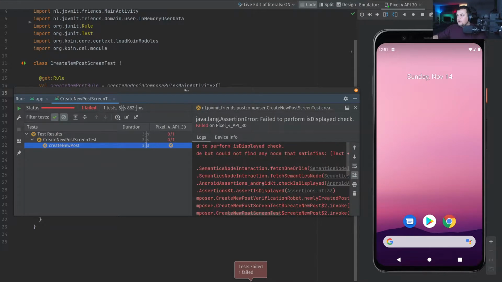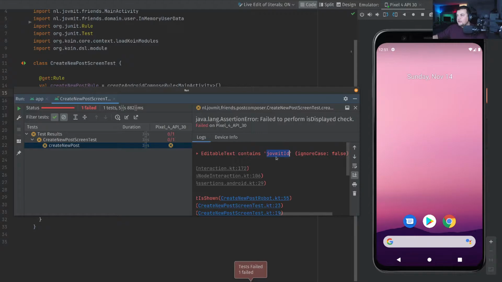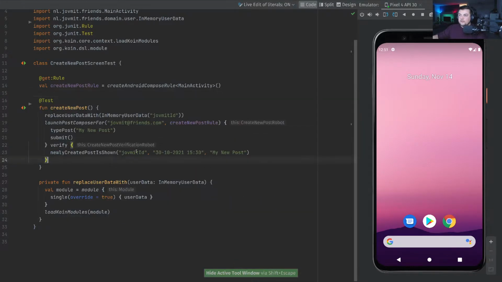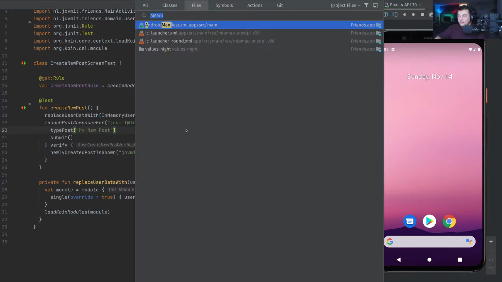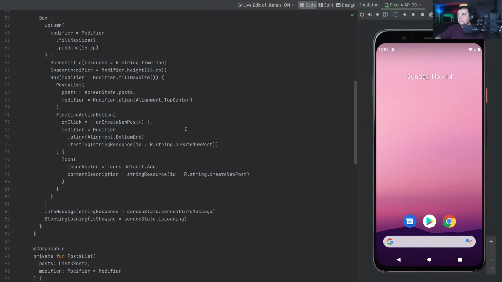It fails because it cannot find the ID of the user, because here we are expecting the ID of the user to be shown when a post is being created. Now on the screen we clearly saw that the post is being created, but the post only contains the actual text, which in this case is my new post. So what we have to do is, first we have to open the timeline screen,